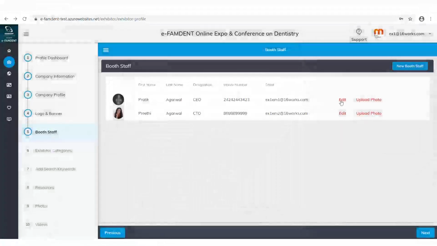After that, you can upload a photo of the bootstraps based on your interest. Mostly we recommend you upload a proper photograph of the bootstrap, so when the visitor comes, the visitor can actually see the picture of the person. This information is also important: the first name, last name, your designation, and mobile number and email. As part of the designation, instead of designation, you can also create some comment which the visitor can relate to.